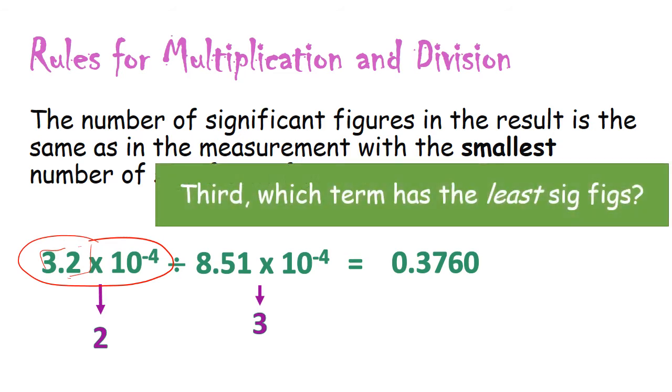Well, which of these terms has the least number of sig figs? You guessed it, it's that one. So your answer can only have 2 significant figures. Without losing place value, how can I round this number to have 2 significant digits? What I'm saying is, how am I going to round this number so the 3 sticks, the 7 sticks, and I don't care about these. I want to round this to the nearest hundredths place. Well, the 6 says you do what to the 7? That's right. You turn it into